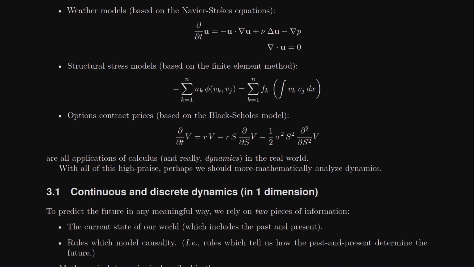Or we've got something called options contract prices, where we have the Black-Scholes model. This is really a differential equation which predicts how we should price options contracts in the commodities market, so that basically nobody has arbitrage. And so the entire financial system, at least in terms of investments, is based off of dynamics, right? So what this is saying is we're predicting the future value of a specific options contract,